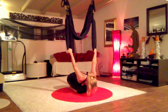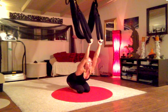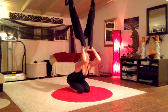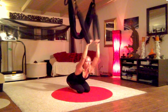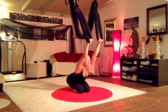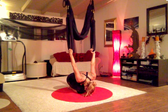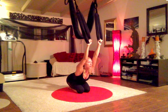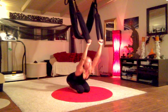Let's do that 3 more times. Inhale, lift the chest, bring the arms forward. Exhale, drop. So we're getting a big shoulder stretch here. You can always bend the elbows slightly, if for any reason that's bothering the shoulder joint. If you can keep the arms straight, that gives you a deeper stretch through the chest. Inhale, lift, and then exhale, dive back in. Pause here. And then again, inhale, lift the chest, bring the arms forward. Exhale, drop it in. And then from here, we're going to pull ourselves up with a bicep curl onto our